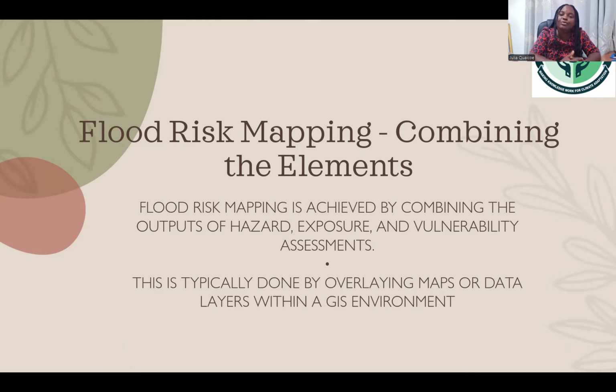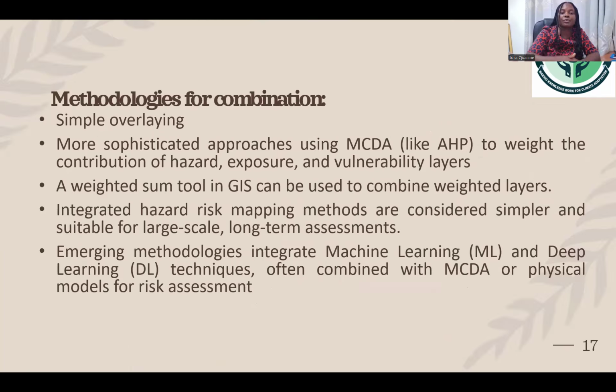And we are able to do this typically through overlaying of the maps, because it's expected that the vulnerability assessment may come up with maps, exposure will come up with maps, hazard will also come up with maps. And so when we overlay all these things, we are able to have the flood risk really mapped for a